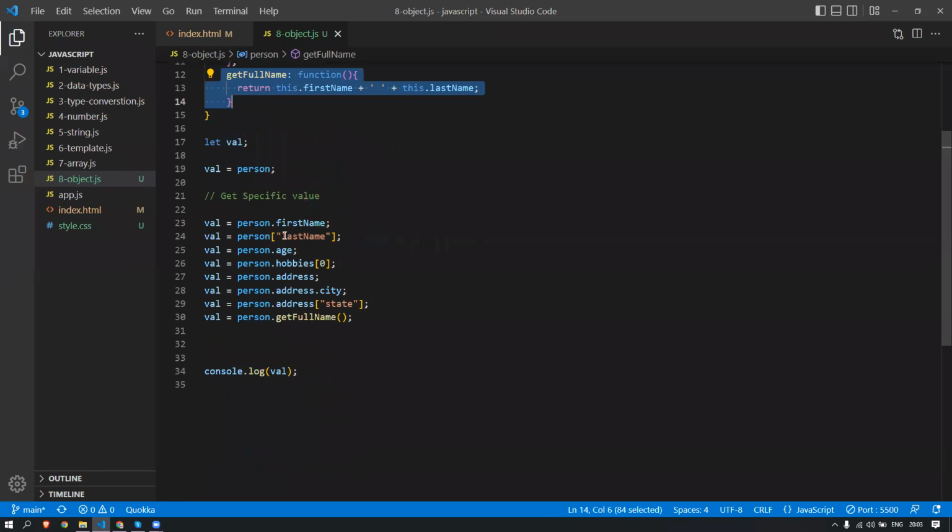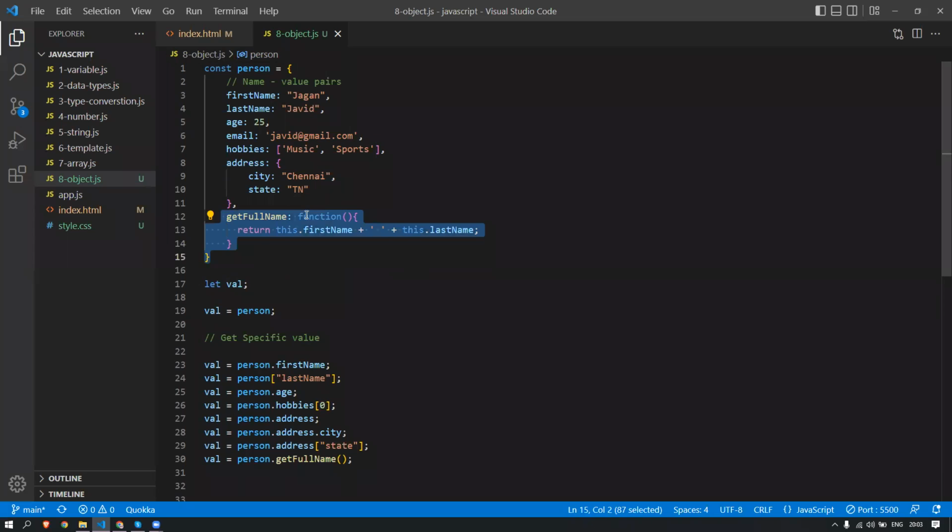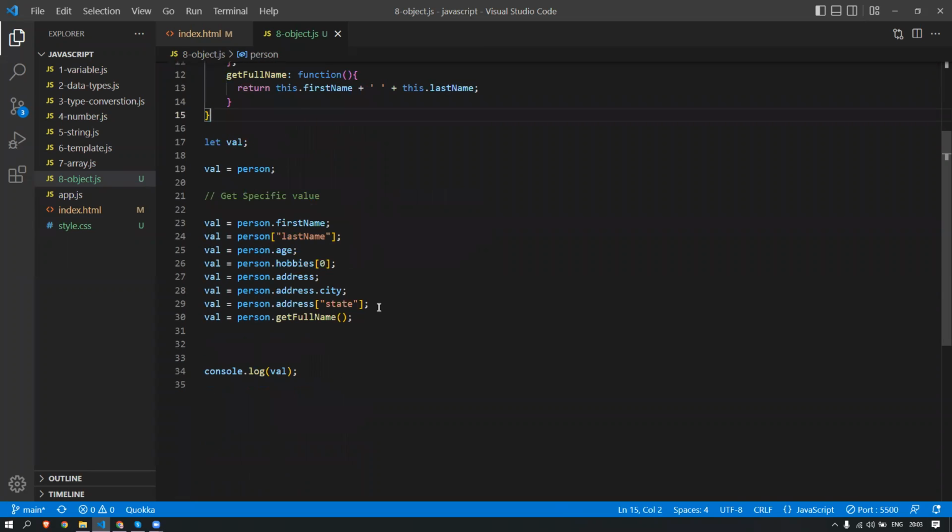Okay, remember that. The interview will ask you this question. What will you say if a function is inside an object? You should say it's called a method. Okay, so it's a method. So now what I'm just going to do,